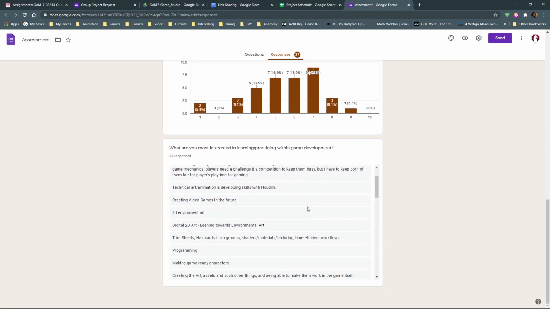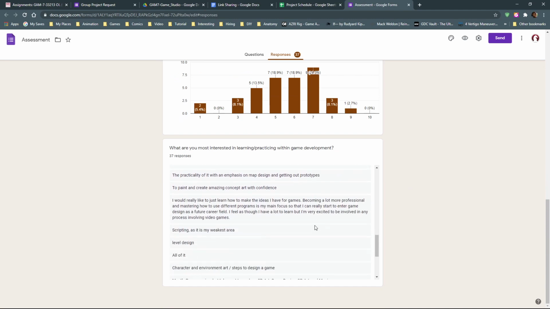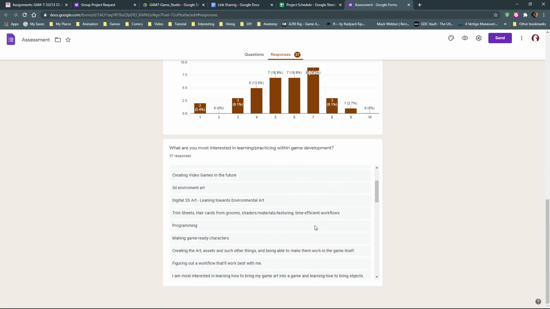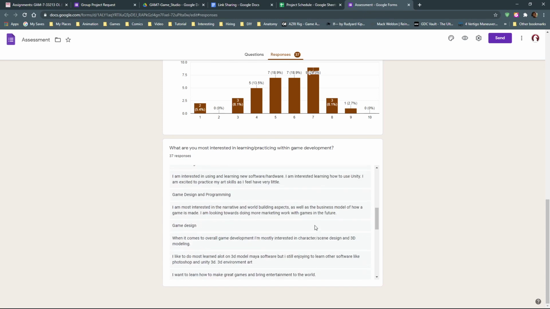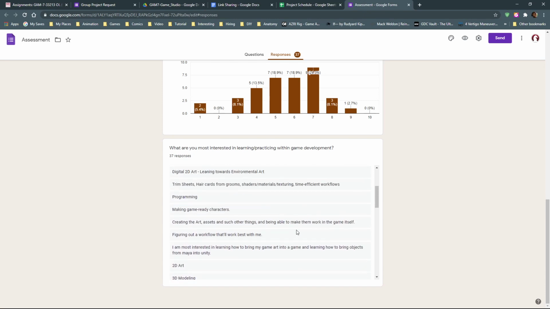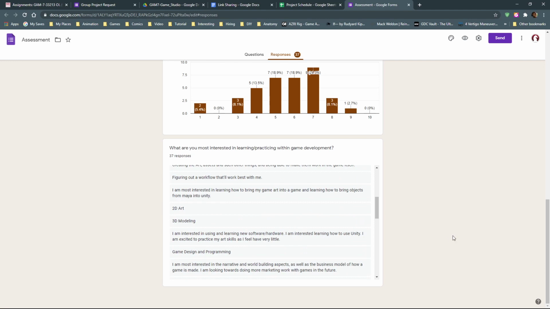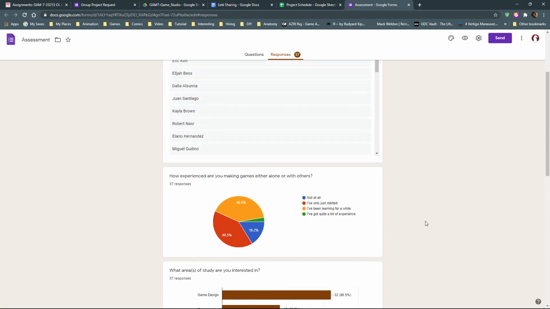And we have a list of what people have filled out as the thing they're most interested in, which I've been skimming through to see what people are very interested in. There's a lot of practical knowledge in here, like trim sheets and 2D art and 3D modeling. That's not what kind of class this is, but it would be a great time to study that with others. If you wanted to, for a project, have a semi-collaborative thing where 3 or 4 of you tried to model the same thing and then compare your results, that would be a good group project, which doesn't have the risk that someone isn't going to come through and it won't be completed for the other people. So you could do those sort of semi-competitive things as well.